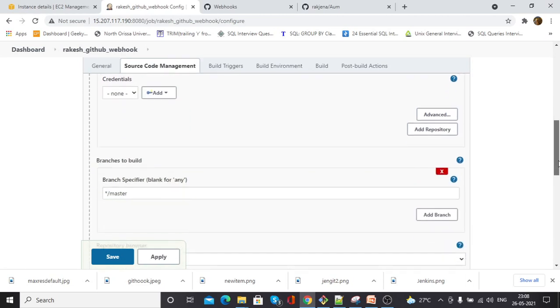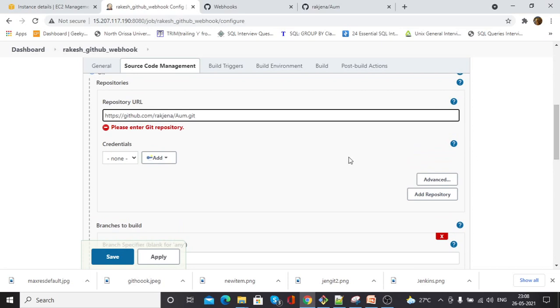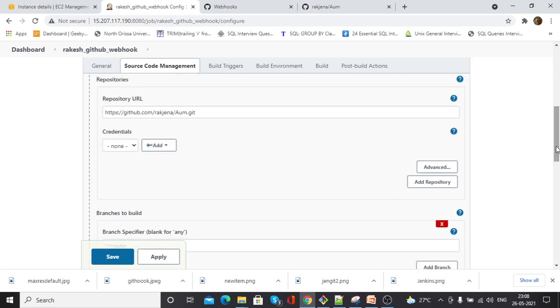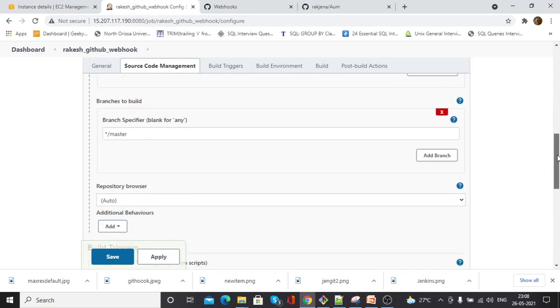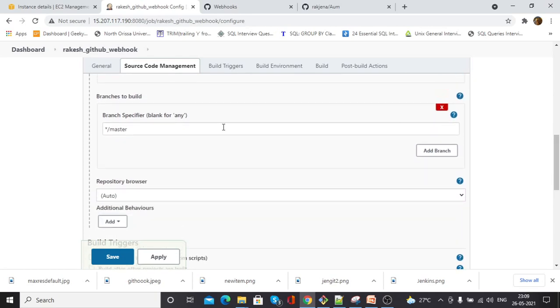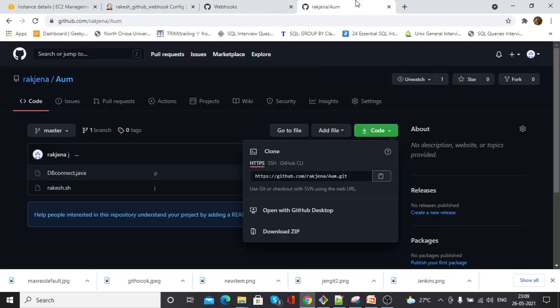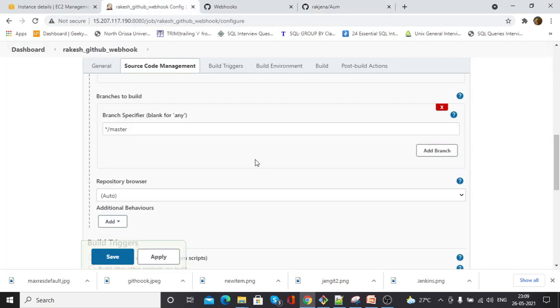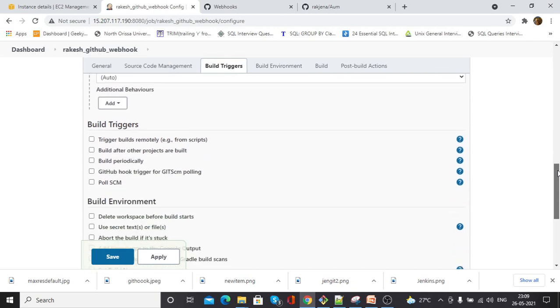Go down. See, previously it was showing enter URL, now it's looking good. Go down a little. Here you can see the branch is master, and my branch is master, so no need to change. Go down.